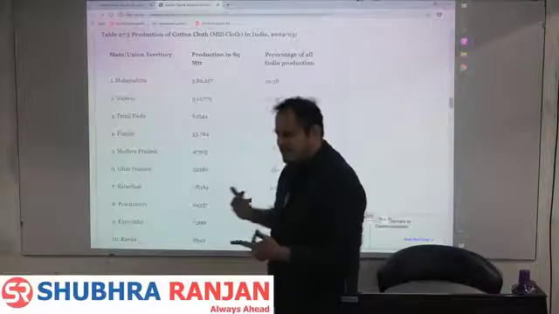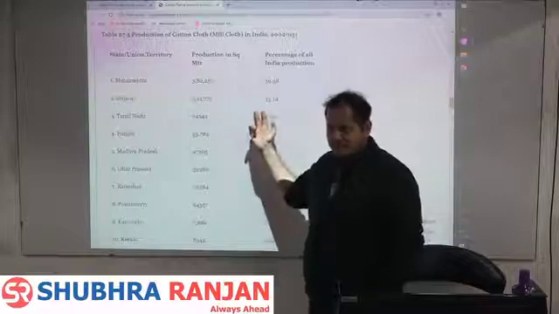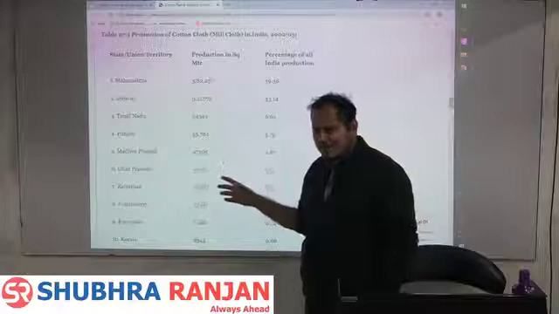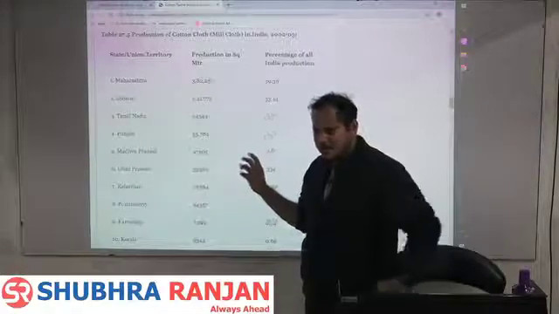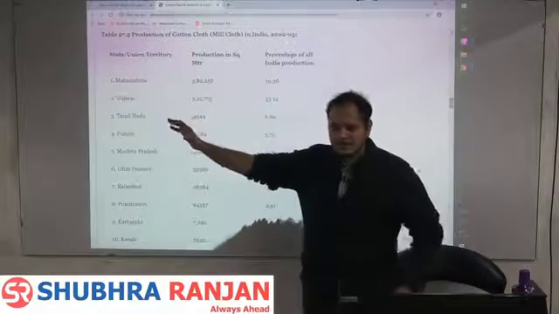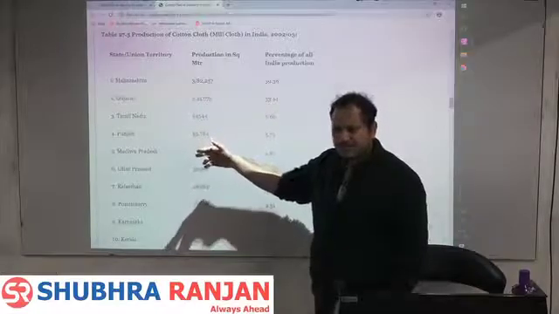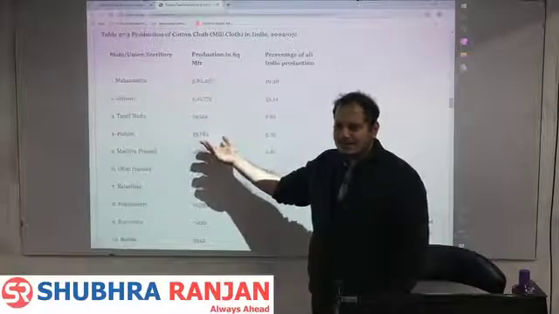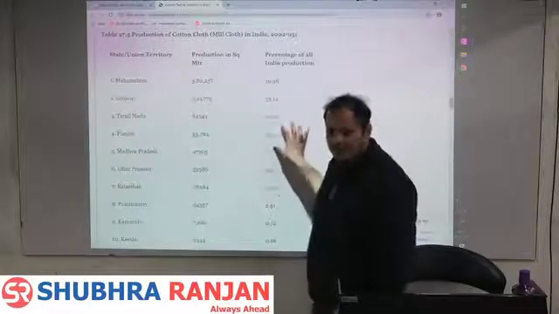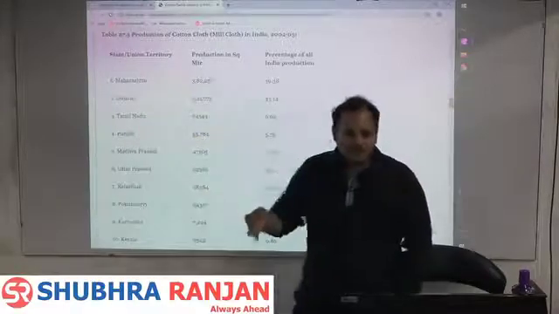Fine. Second is labor. Due to urbanization, right from the British times, this is the region of cheap labor. Fine. Third is transport. Maharashtra and Gujarat's cotton textile industries are well connected both to the inland as well as to the outside market because they are coastal locations. Fifth is raw material. Raw material is easily transported from the hinterland because of the black cotton soil growing region, and therefore it is mostly located here. Problems of the cotton textile industry.